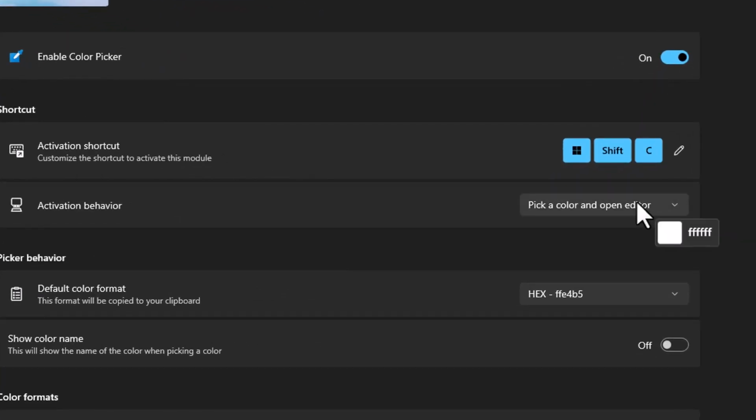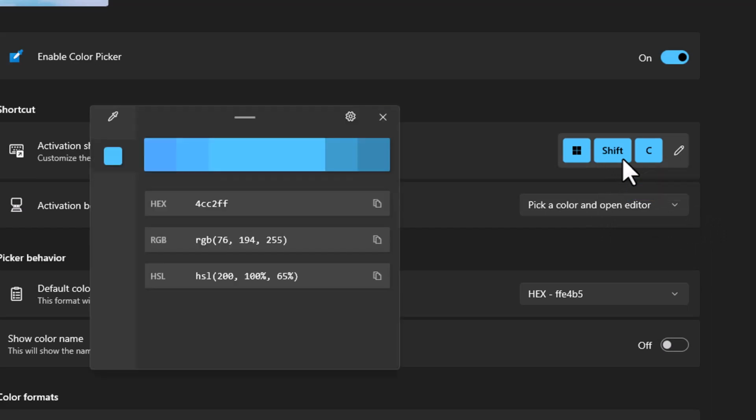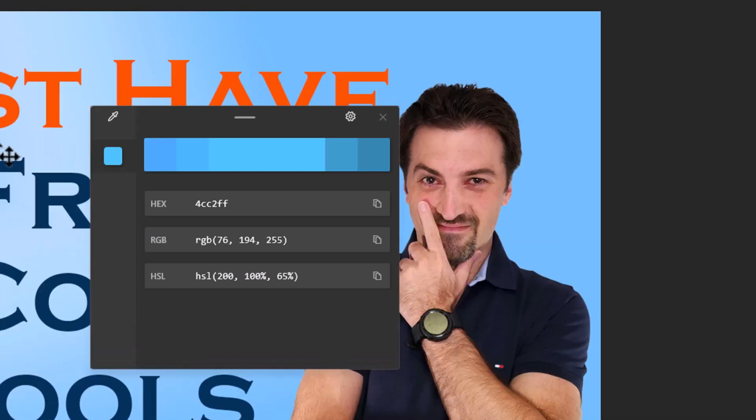For example, let's say I like this blue here and would like to use it on one of my YouTube thumbnails or maybe in an Excel file. I only need to hover my mouse over the color I want and then click. By clicking on the selected color, the color editing page will open. I can see the color code in hex, RGB, and HSL format. I can also see a few tones brighter and darker for the same color range. These are suggestions by the Color Picker. I can now copy the code to my clipboard and use it in other applications.